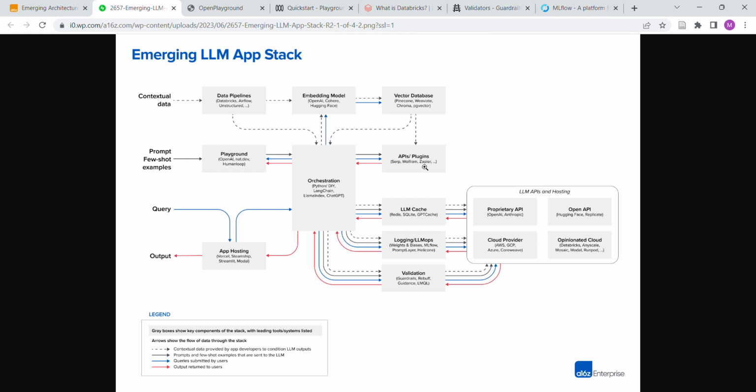Yeah, and these APIs and plugins, I've looked at some of them. Some people swear by Zapier and Wolfram. They're good, but I'm not finding much of an application for them right now. You could, in theory, use them here. And then I think, so here I think is a key zone. I don't know much about this data pipeline. I guess it facilitates, I've seen